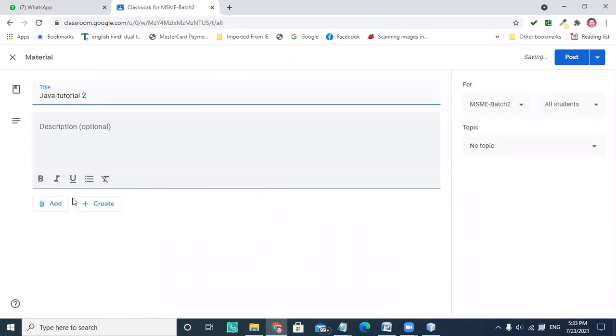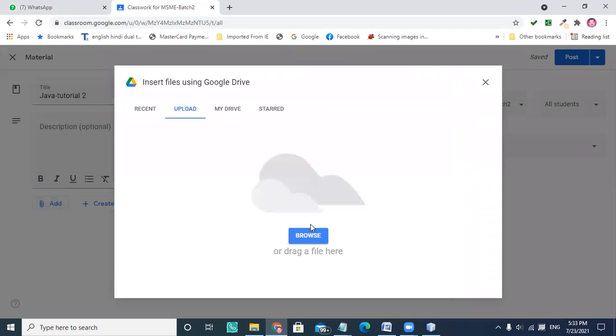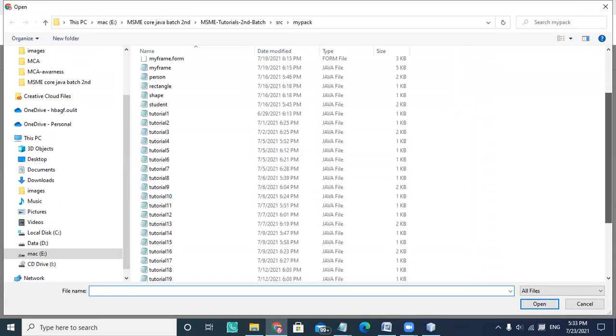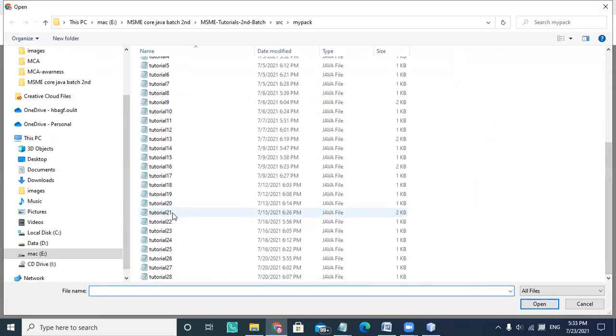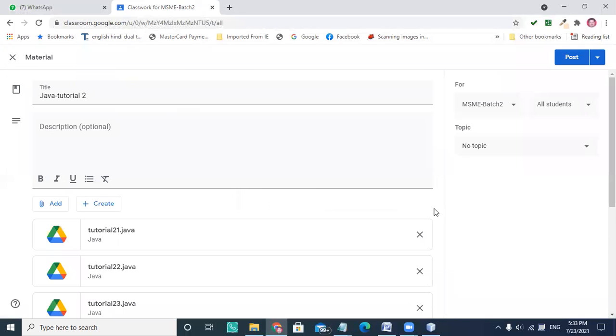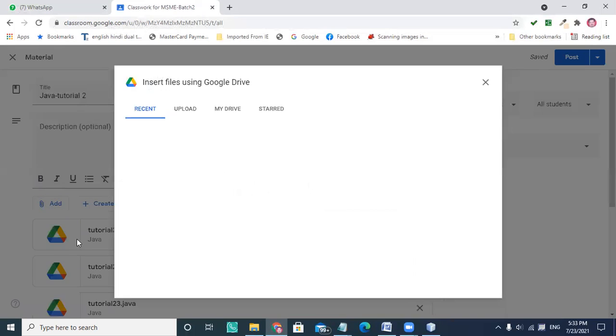Okay. And I'm adding files from 21 onwards. So I'm going to add 21 to 28. Okay. So the other 8 files plus the files which are required,